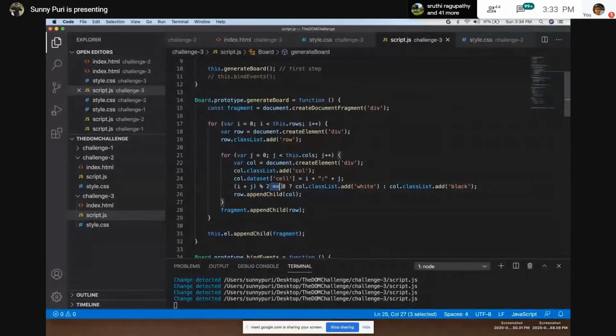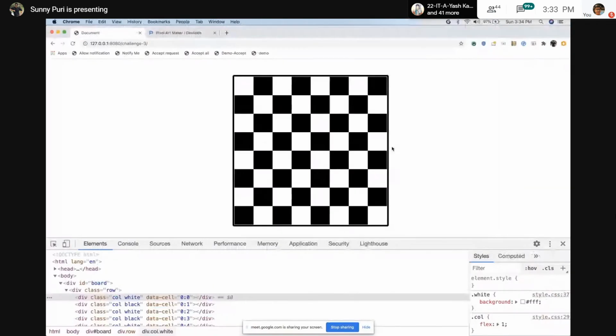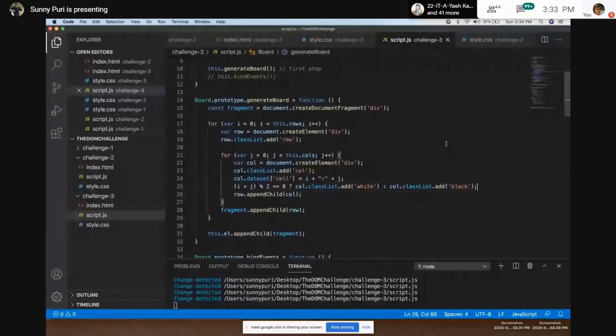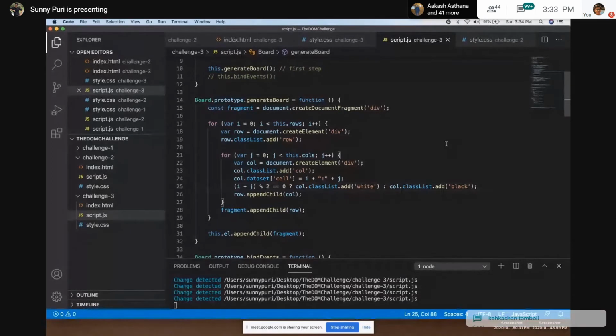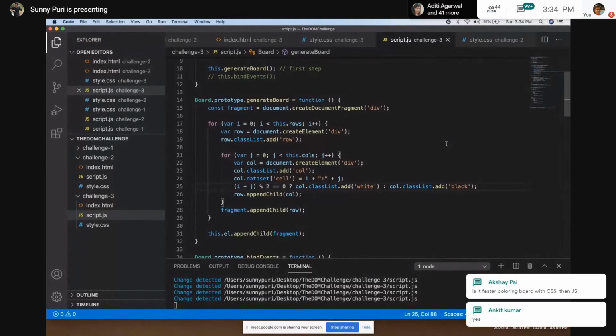We are just finding whether it is even or not. If it is even, just put the white class. If it is odd, just put the black class. Till here it is clear. Just see the code. Instead of writing if else, I'm just doing it with the ternary operator, like conditional. Okay, this is clear.